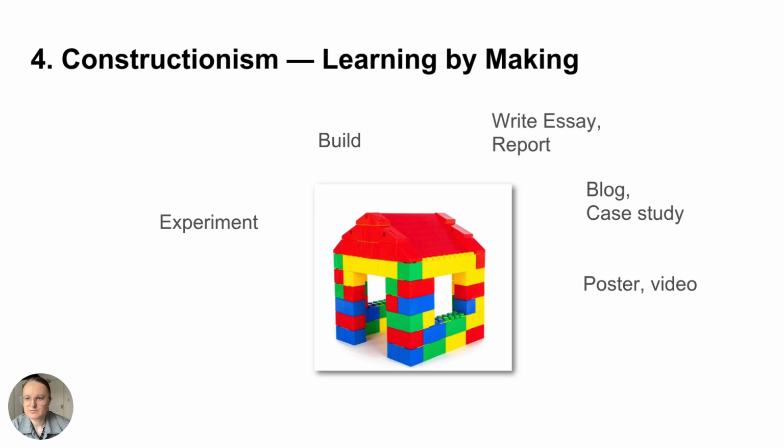To study like a constructionist, stop passively consuming information, turn your notes into active products, design your own practice exam questions, create flashcard decks, or explain concepts aloud. Try this. Take your most recent topic and turn it into a shareable artifact, such as a one page visual summary or a 5 question quiz. Share it with at least one person for feedback and notice exactly which gaps the making process revealed to you.